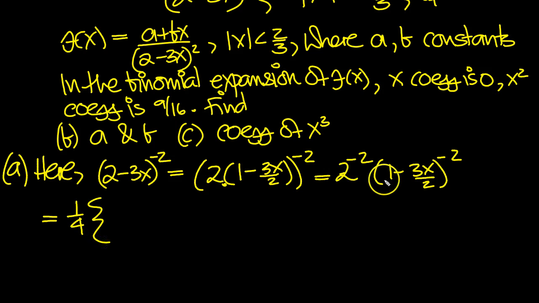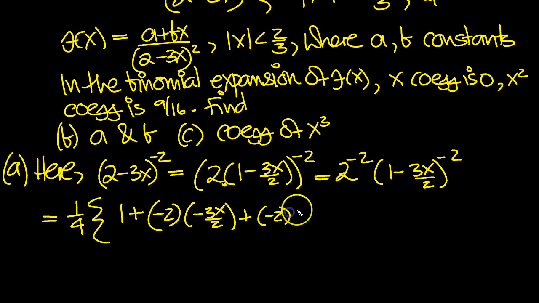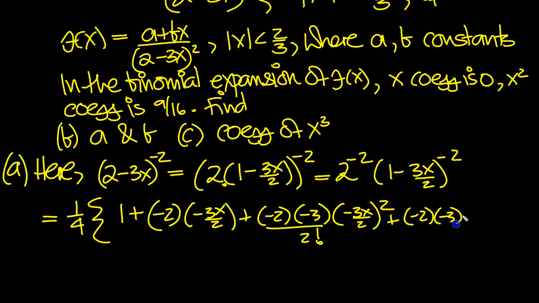And then we can use the binomial theorem here. So it's 1 plus nx, so that's minus 2 times the x value, plus n(n minus 1) times the x value, minus 3x over 2 squared, over 2 factorial, plus n(n minus 1)(n minus 2) times x cubed, so it's minus 3x over 2 cubed, over 3 factorial, plus dot dot dot, and then close the brace at the end. So what have we got then? Got a quarter,